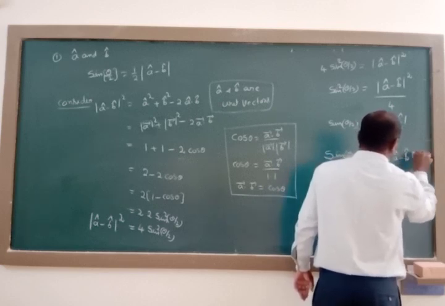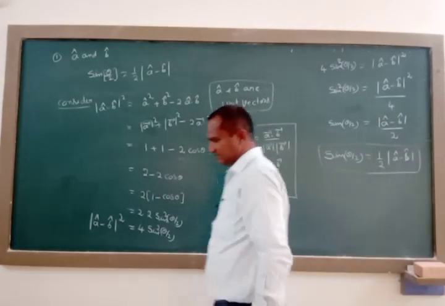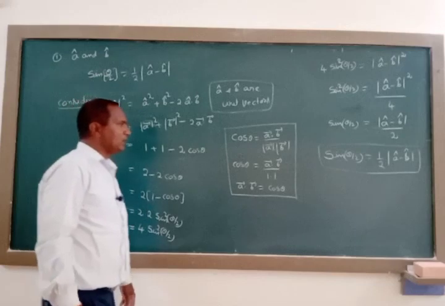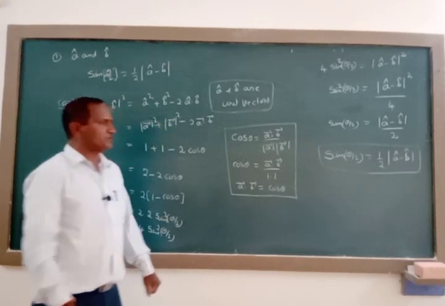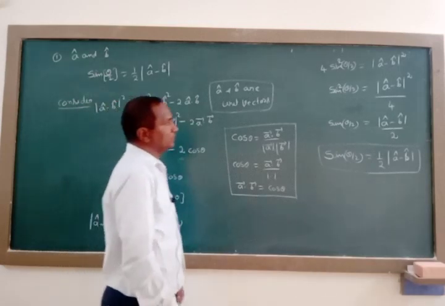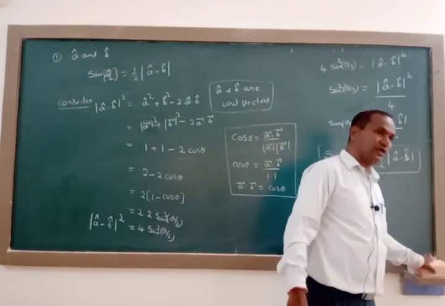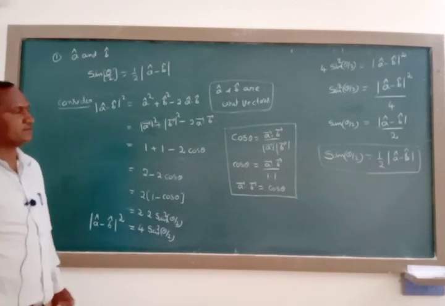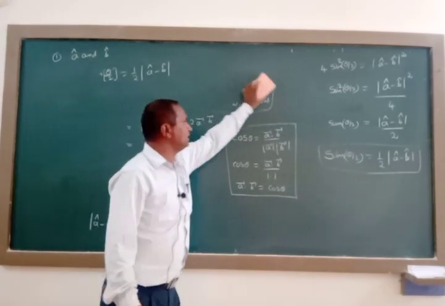It is very important in competitive level examinations also. They will ask a question like this: a cap and b cap are unit vectors, then find the value of sin theta by 2, and among the options, you just put a tick mark on the one that has this value. This result is very important for both regular and competitive level examinations. Next, similarly, one more result is there in terms of cos. This result is in terms of sin. The next is the same result, but only a plus will come here. I'll tell you now how we solve that question.